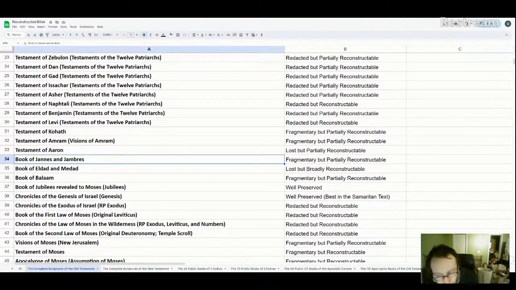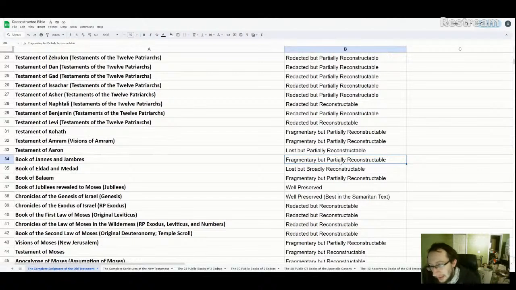And we have a general overview of what the story was about. We can reconstruct the basic gist, the overall storyline. I say partially reconstructible just because there's no real parallels in Scripture about it. We have mainly the parallels from Book of Exodus about the plagues, but we do not have anything else to parallel Book of Genesis and Yambre. So we have to use the fragments and try to fill in the missing pieces using sensible reasoning about what the missing sections probably said.